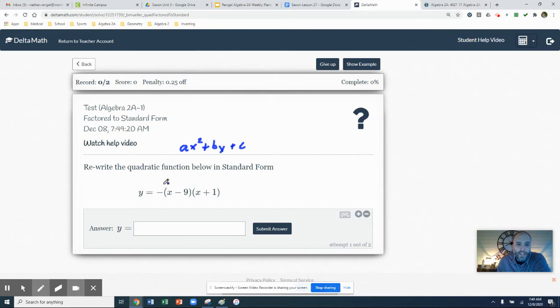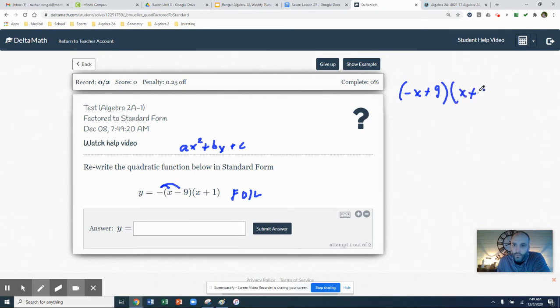Right now I do not have that form, but like we talked about in one of our skills today, we can FOIL out these two problems to get it into standard form. I'm going to show my work over here. First thing I can do is take this negative and distribute it out. So I'm going to rewrite that over here. That would be negative x plus 9